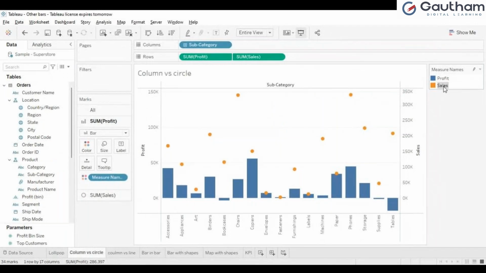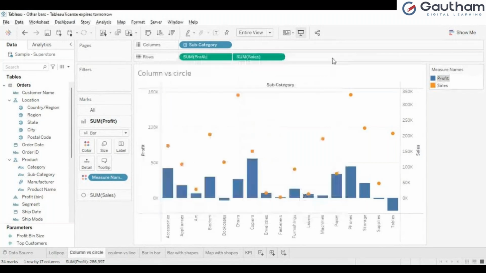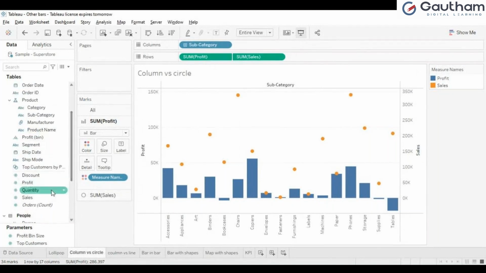See, this is for one second. Here it is talking about the color. So blue color is related to what? A profit. Orange color is related to sales. To get more clarity, if you wanted to see the labels also, you know how to get the labels, get the sales,